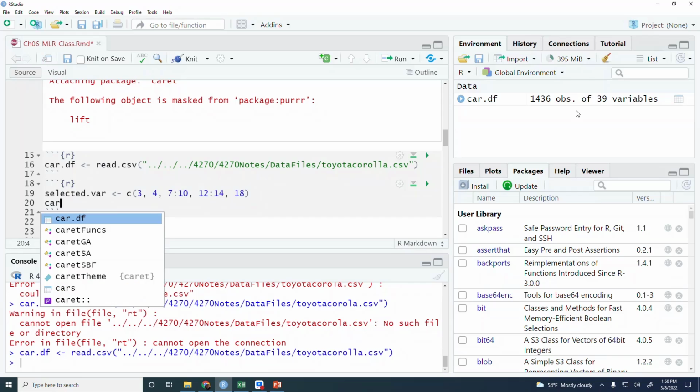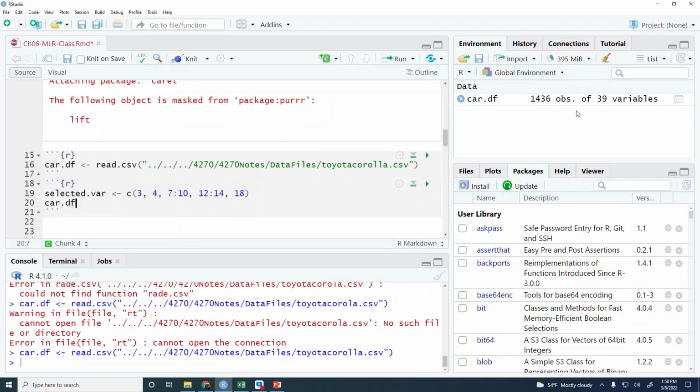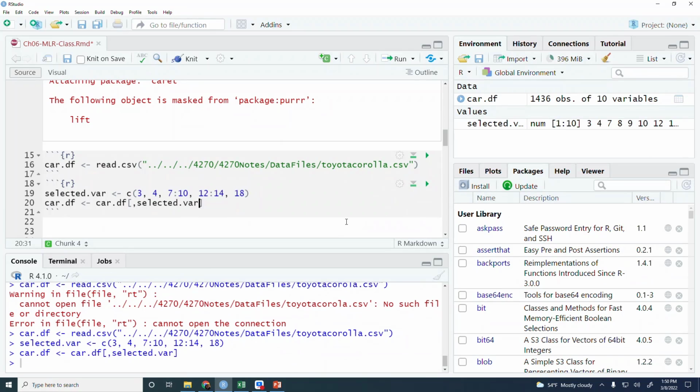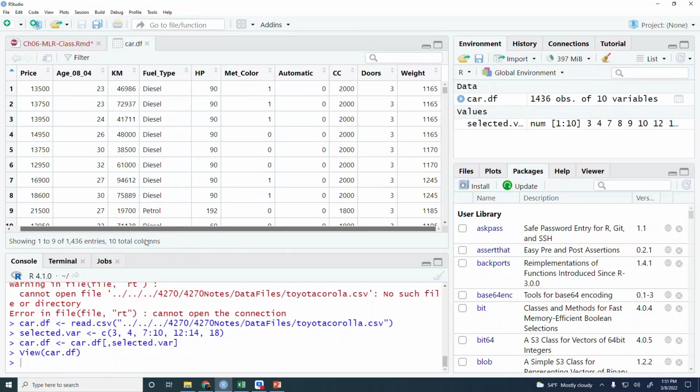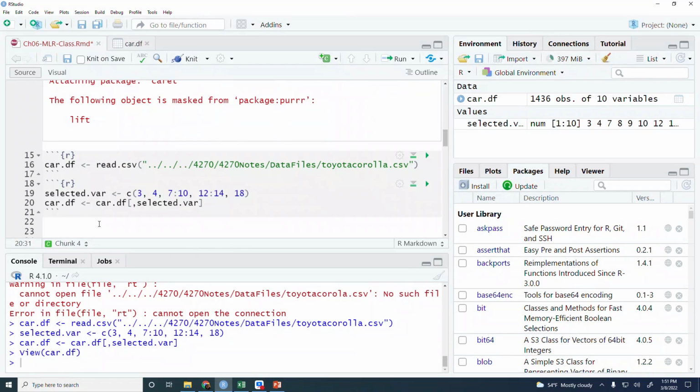Okay, and then we'll define, we'll take those columns, so all the rows from the selected columns. So we have price and then a bunch of other variables. And for us, price is the target.